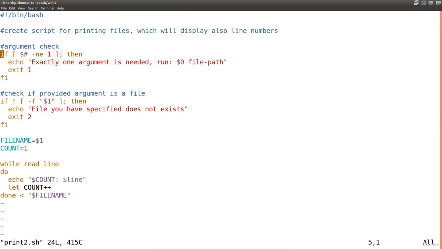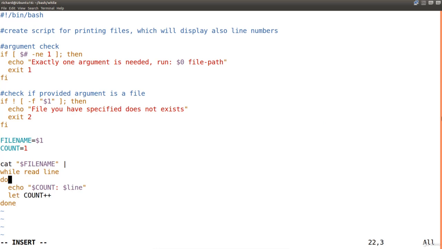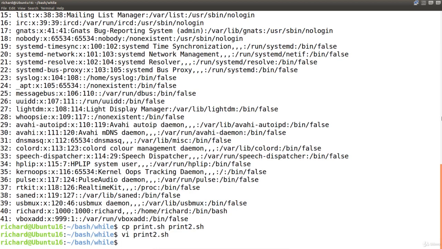And just before start of while loop, we will provide data to it using pipe. So write cat file name pipe, and of course delete file name variable next to done keyword. We can save it. And run